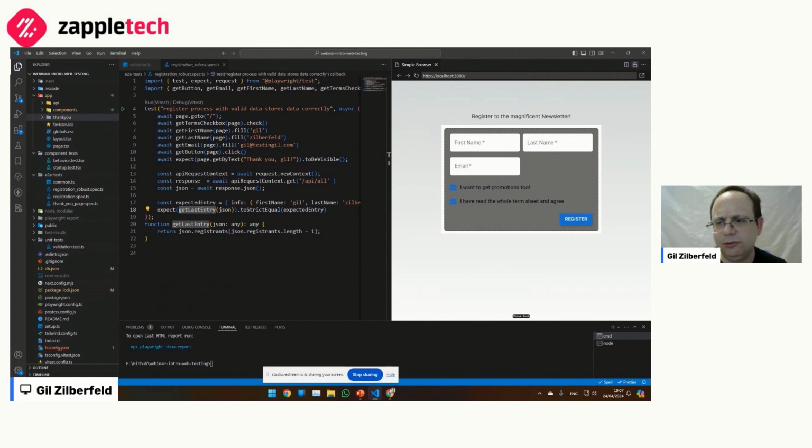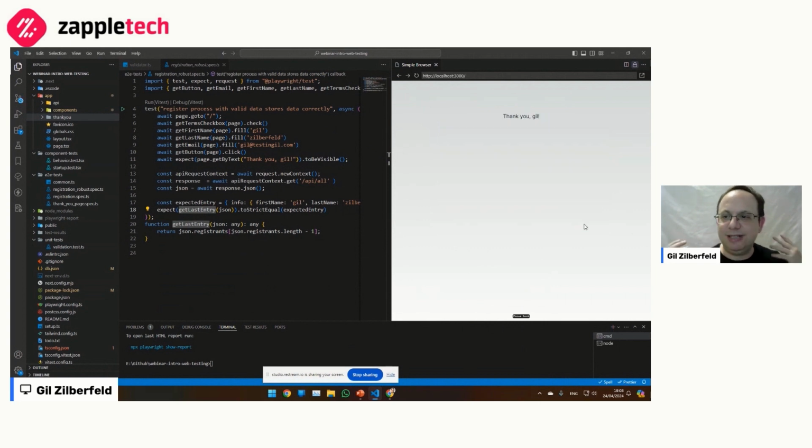If you try to register, if there's an error here, like everything's either missing or the email doesn't look like an email, you get a nice error here. But if you try to actually do something that does work, like this, with .com at the end, because it needs to work, and you do this, you get a thank you page. Like I said, a registration application. Let me go back to the slides.